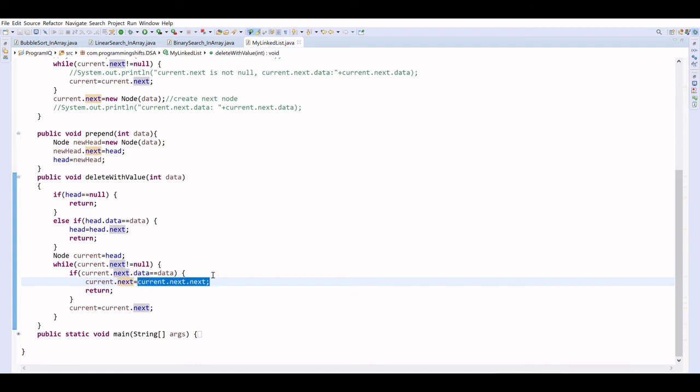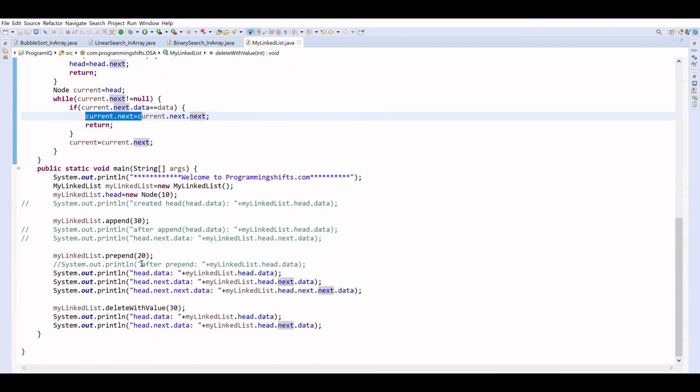As I told you, when we delete the data, we have to just update the next. The previous next is now not the next. Now we are going to update the next to next, right? So that the element becomes non-referenced, and we are not going to use that. Let's check the code, how we will do it.